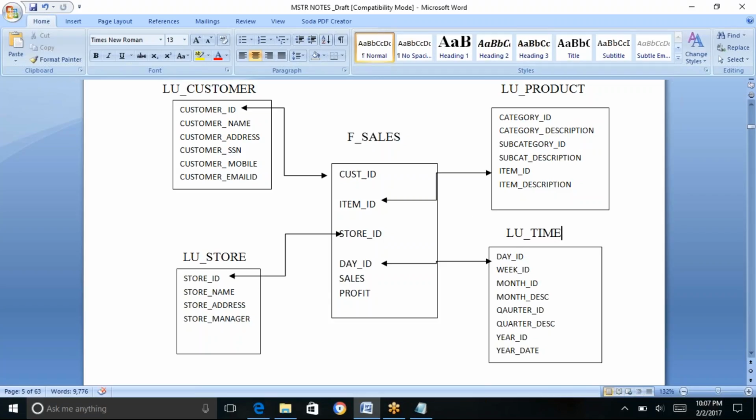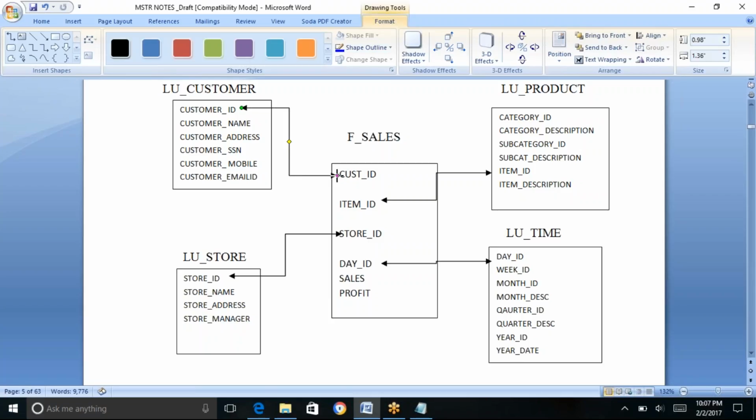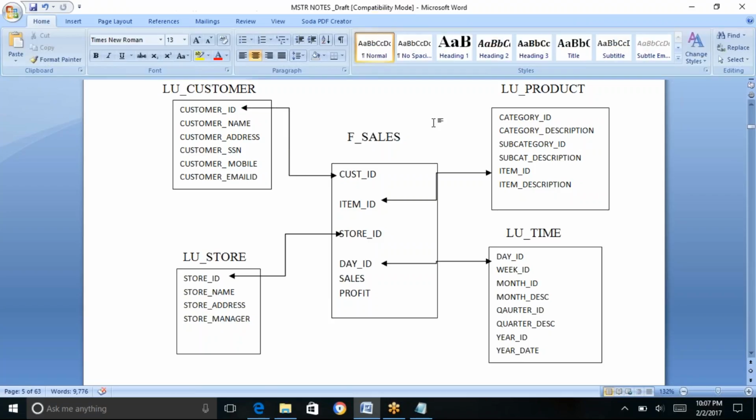So you can get the data in any particular direction, because now all these tables are related to one another. Now in another case, say I want to find out my day-wise sales, whatever the item it is. I want to find out what the sales are on each day,